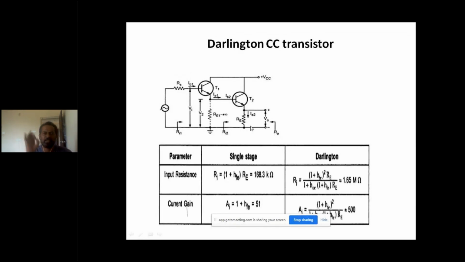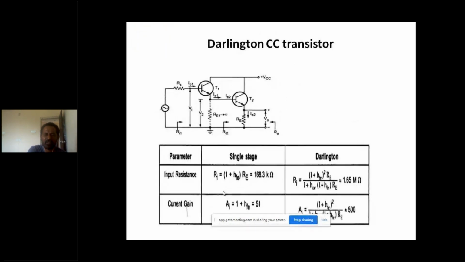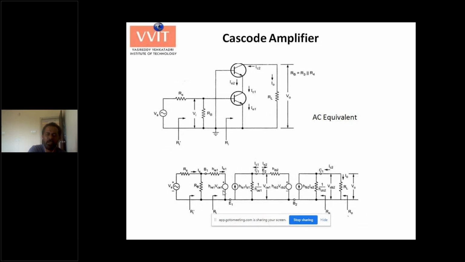This is one practical application of cascading, where I have increased input resistance beyond the single stage input resistance. This is a very, very important problem. So basically there are two amplifier circuits we used for high input resistance. One is CC, the second one is Darlington CC. While doing the simple CC amplifier analysis or Darlington CC amplifier analysis,